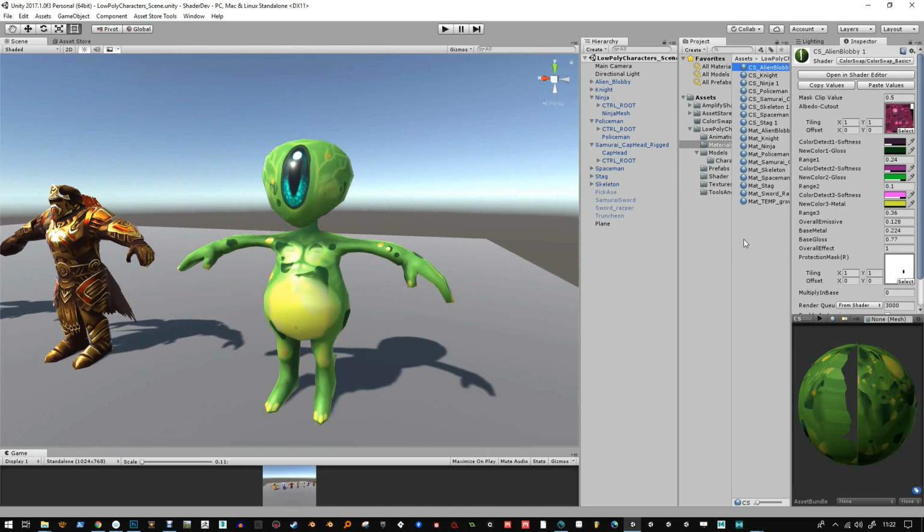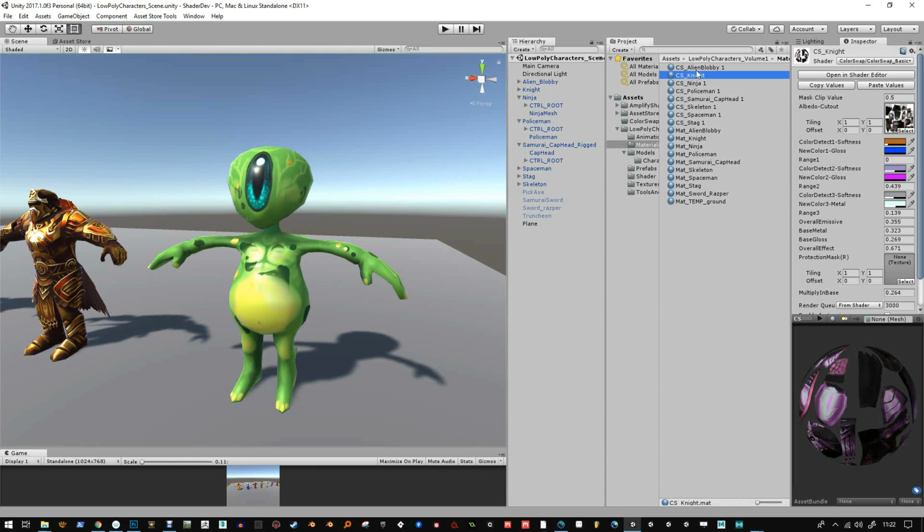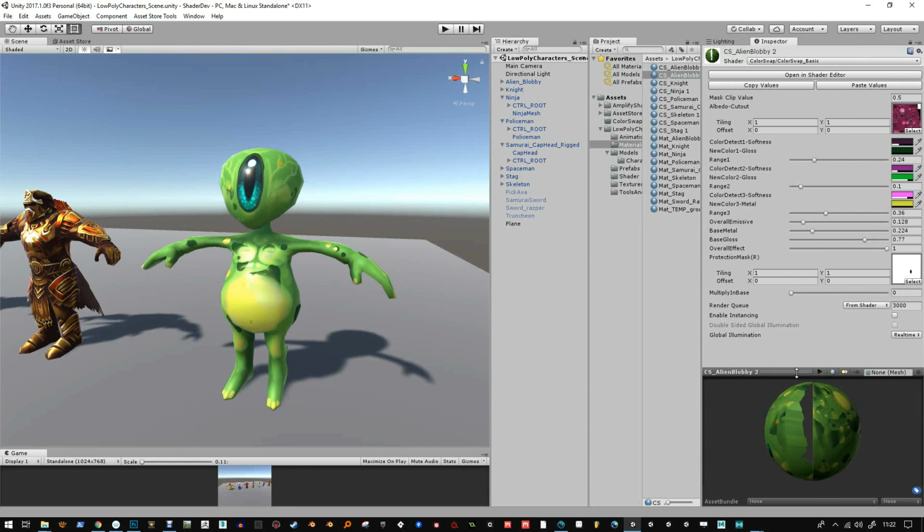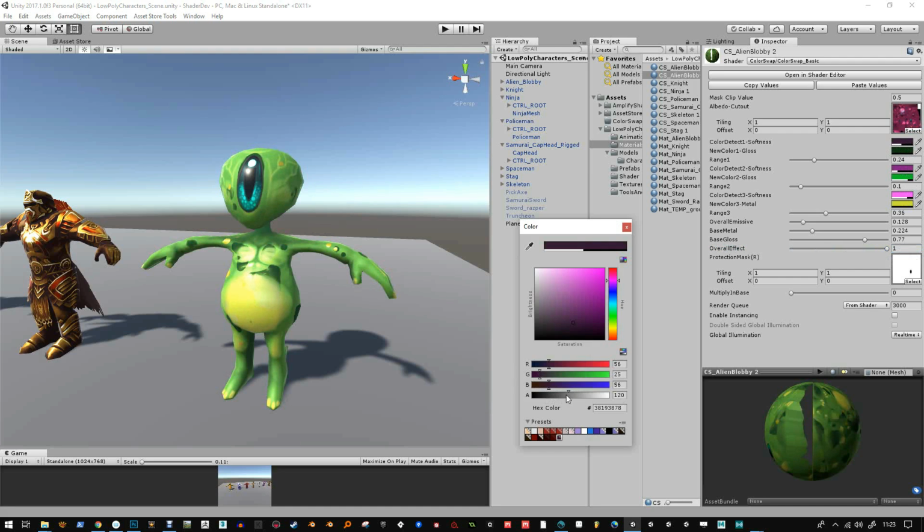If I choose his color swap material, and I'll just duplicate it to make a new one and apply that, what you'll see is this little overall effect slider to change from the way it was to the color changes. And I've detected the colors that I want to change with these first swatches and this kind of fall off amount. I've got it to a good level, so now I can change these colors to whatever I like. So just these second colors here,